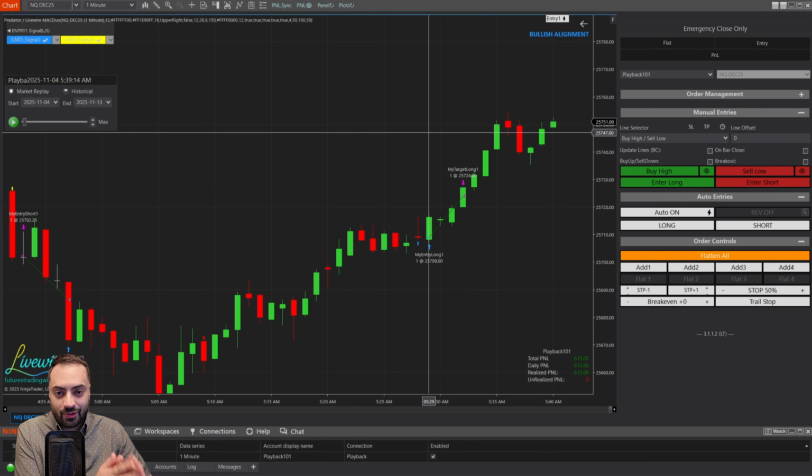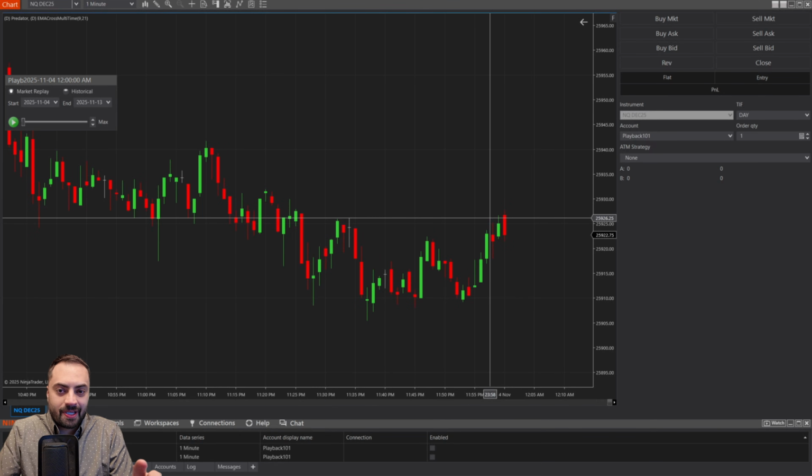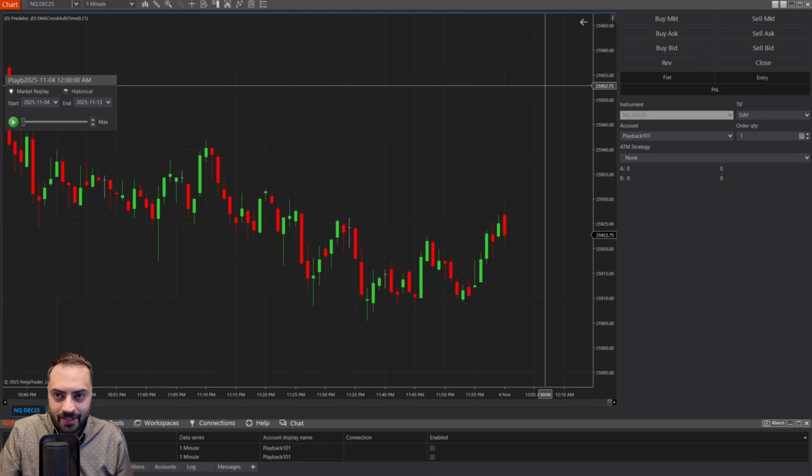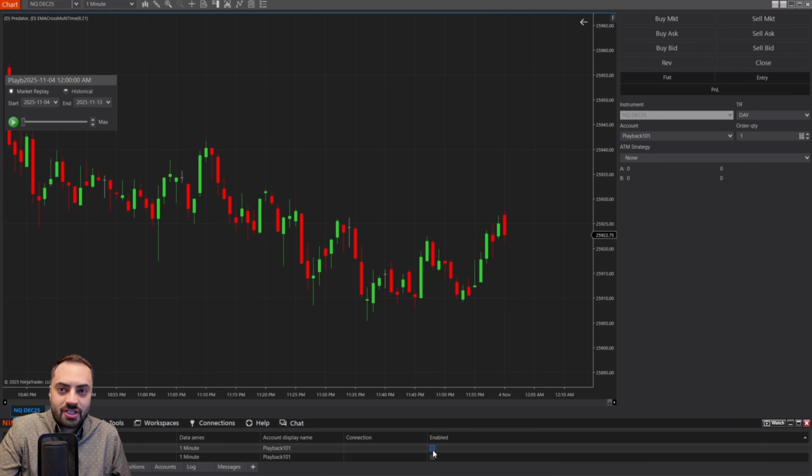But now I want to run through one more example we run into with these draw object signals, and that should just about cover anything related to these draw object entry signals. Our final draw object example is something we run into every once in a while, and it's mainly from signals that come from other strategies. So I'm going to enable this strategy I made that doesn't actually enter trades, but it creates signals that